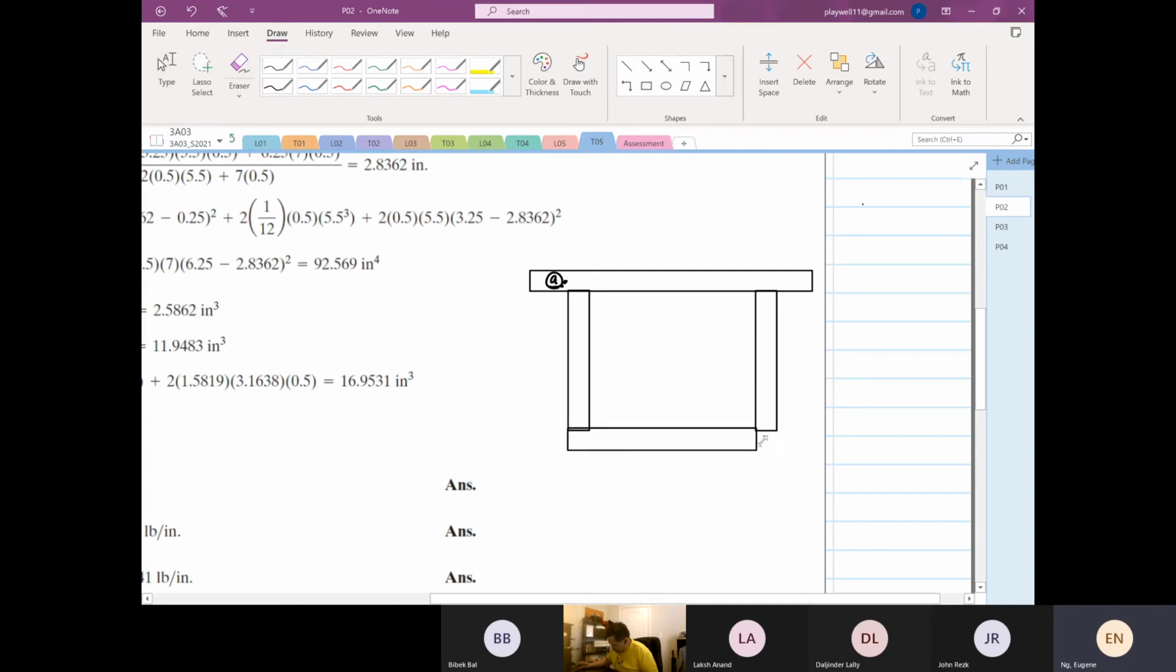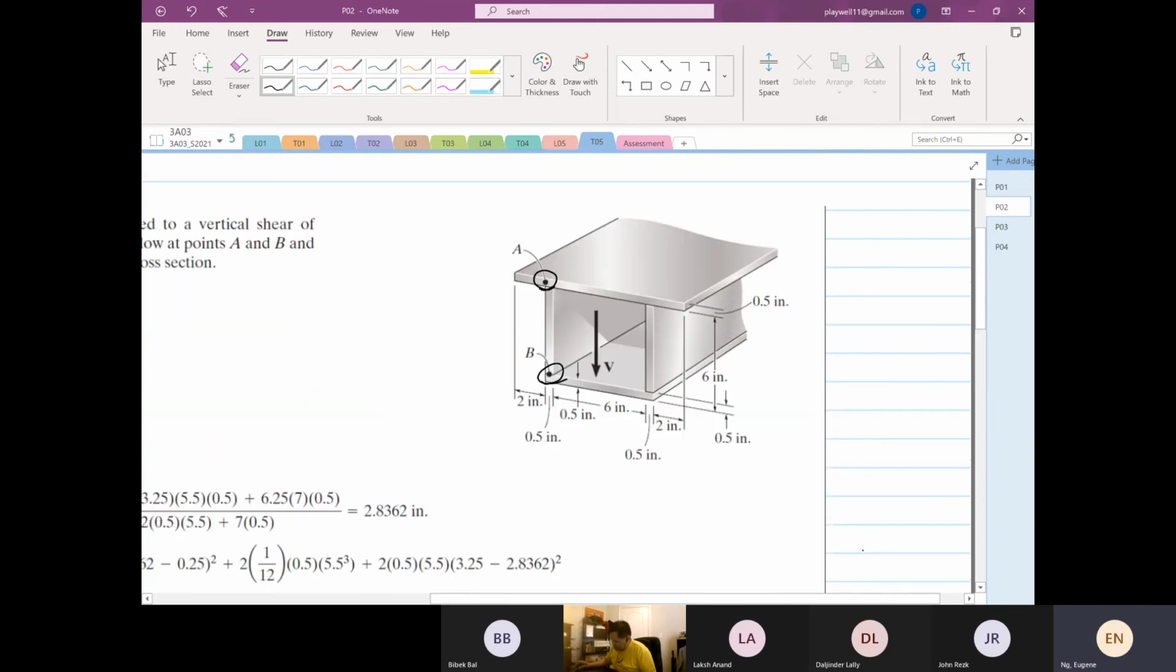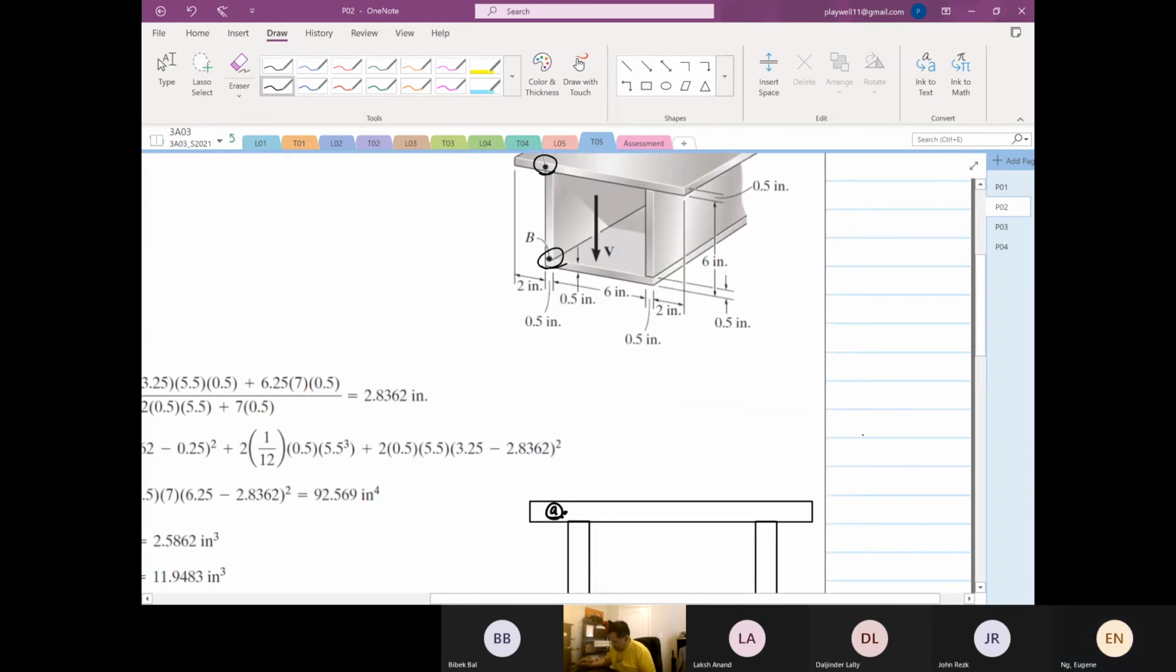Structure looks like this. Okay, so over here, this is our point B. Okay, so let me write down some key geometries. If I look at some key geometries, we have over here to here